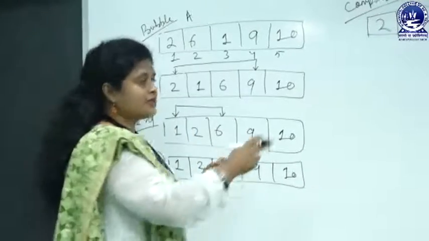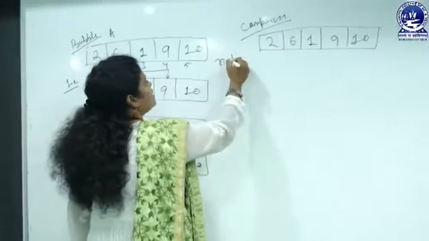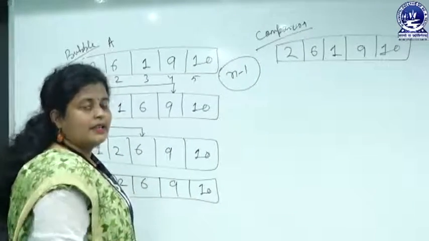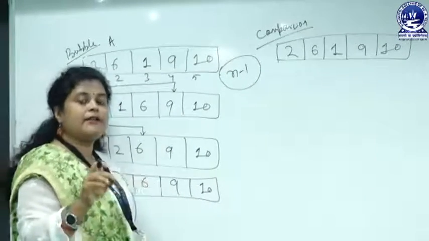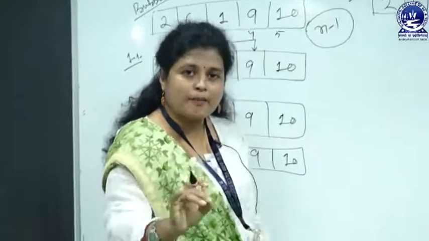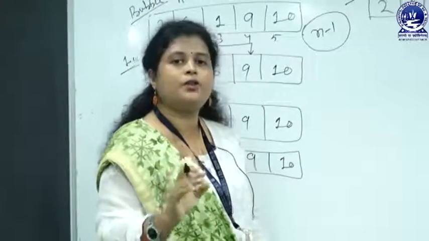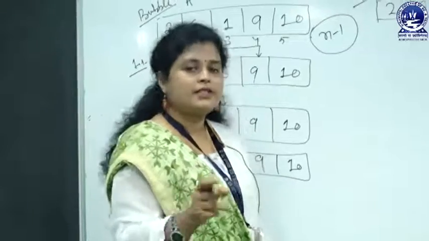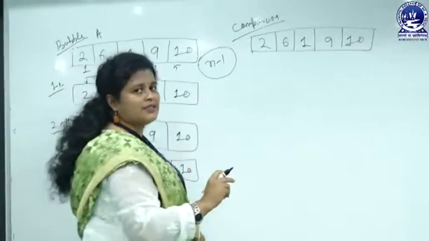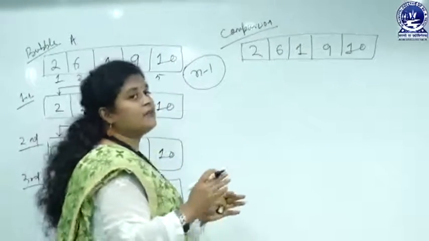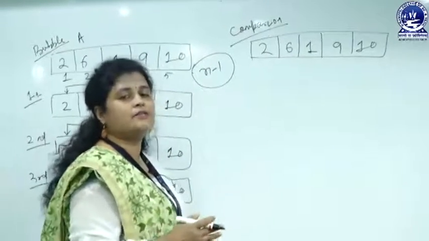In both cases, the loop will continue in nested way for n minus 1 times. But in case of bubble sort, if there is no requirement of swapping in any iteration, then the loop will be closed, because the list is already sorted, which is not happening in case of comparison sort. So, let us start explaining the comparison sort,